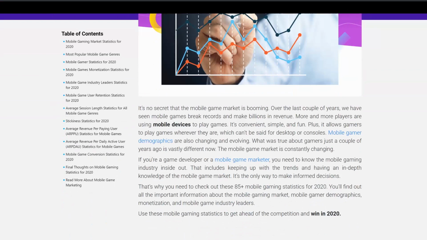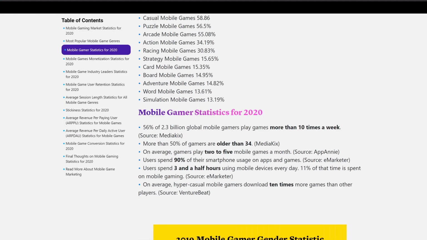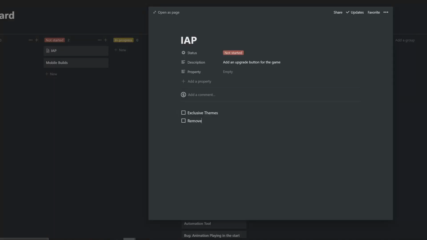There are millions of games on multiple platforms, all of them competing for the player's attention. Knowing that this game would have to compete with those millions, I knew I had to add a lot of value for any purchase made by the player. So, keeping that in mind, this week I plan to implement in app purchases in the game, also known as IAP.